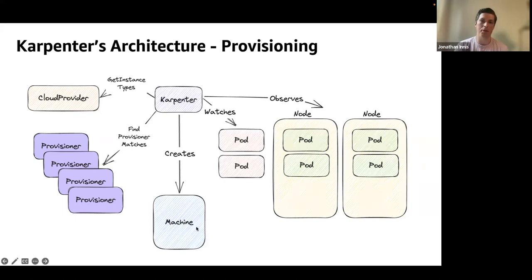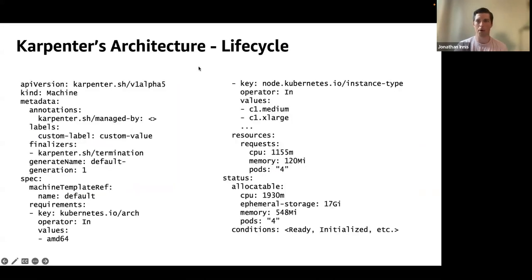and generate that machine object. Oh, and I guess I forgot to mention, so it will go to the cloud provider to get any instance types that it needs to, or get the instance types that it can launch with. So it'll grab all the instance types from the cloud provider specific APIs, and then use all that information combined with the provisioner, combined with the pending pods to launch a machine, which is this component here effectively, which will,